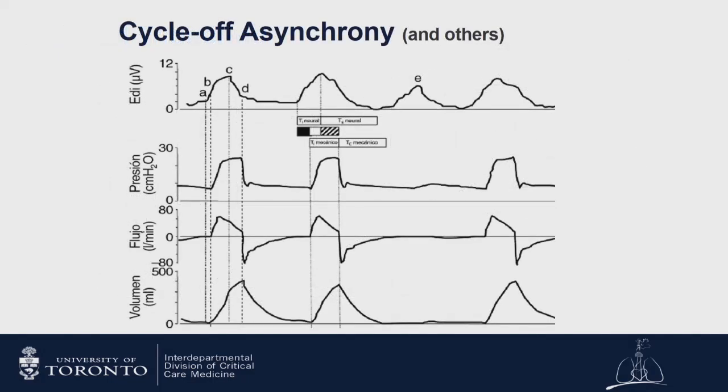Here's another example of delayed triggering. And on the top here now we have the electrical activity of the diaphragm, which is our source of truth in this example. This is collected with a special NG tube that has a series of electrodes on it, allows us to measure diaphragm electrical activity, which is as close as we get to plugging directly into the patient's respiratory center. And if you look at this breath in the middle here,